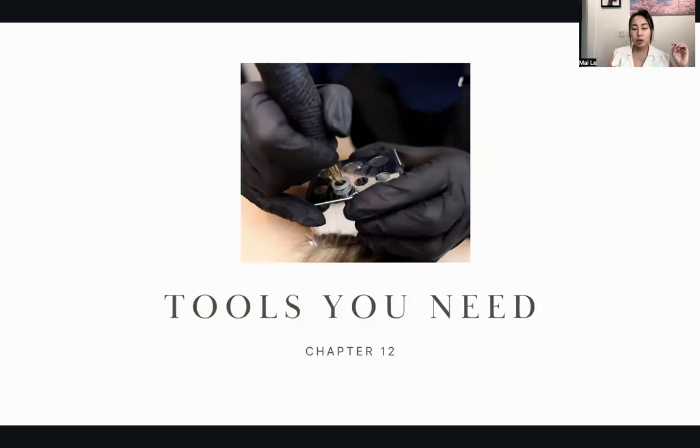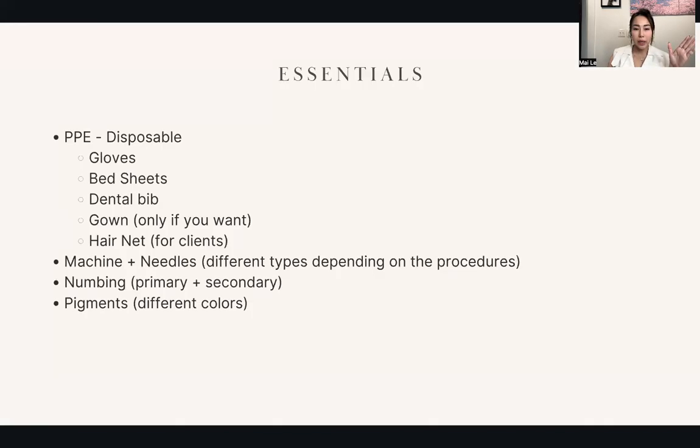Tools. Let's talk about some tools. This is really quick, but in permanent makeup, these are the essentials that you would need. Now, I have this all in the workbook that you can print out or download, and then just go off of the list as a checklist if you're wondering what to buy and what not to buy. Obviously, the PPE, the disposable stuff like gloves, bed sheets, dental bib, gowns, hairnet. I usually get my disposables either on Amazon, eBay, AliExpress, or